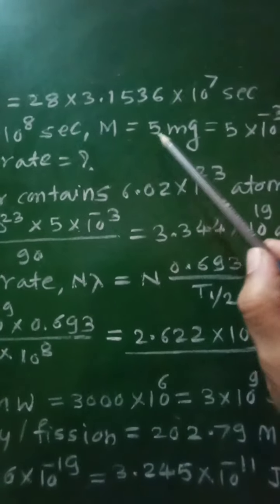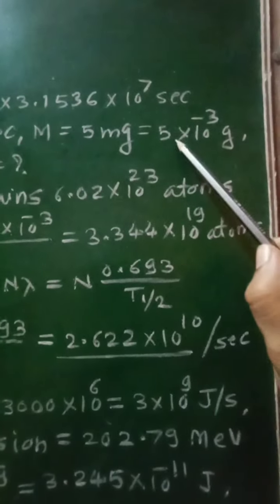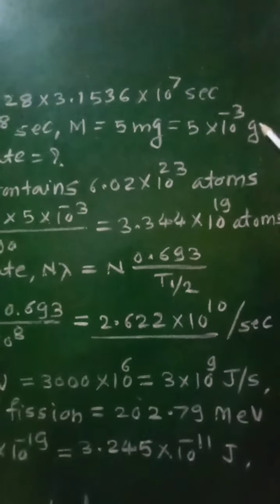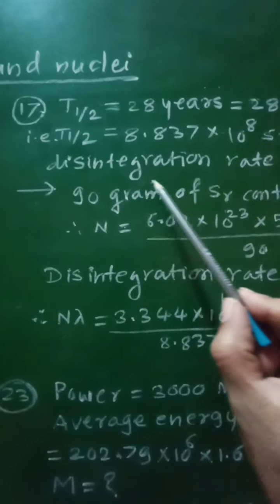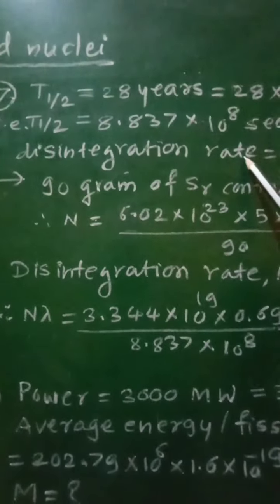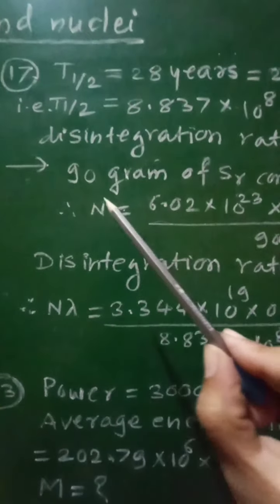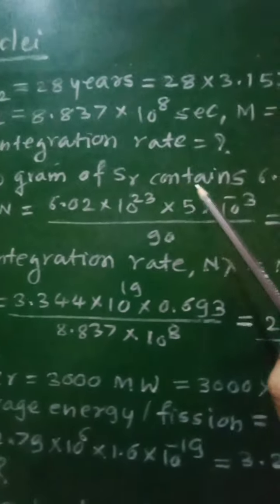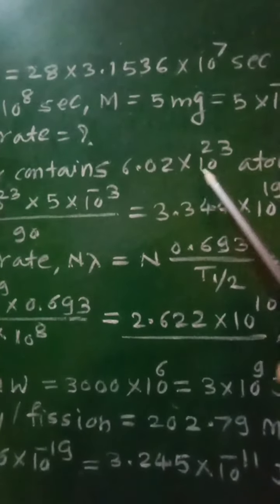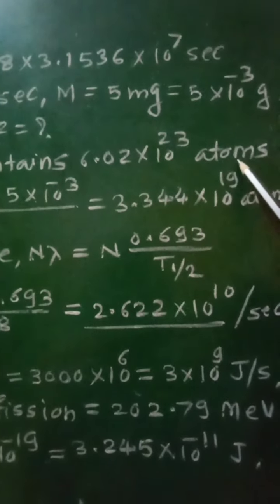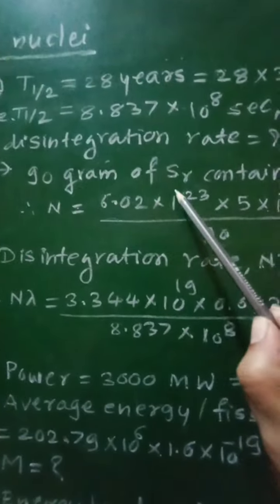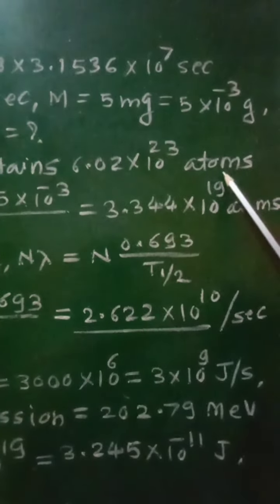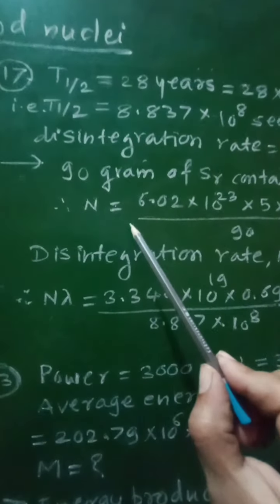Then mass m is given as 5 milligram, which will be equal to 5 into 10 raised to minus 3 gram, and we have to find out the disintegration rate. Now 90 gram of strontium contains 6.02 into 10 raised to 23 atoms, and therefore n will be equal to,